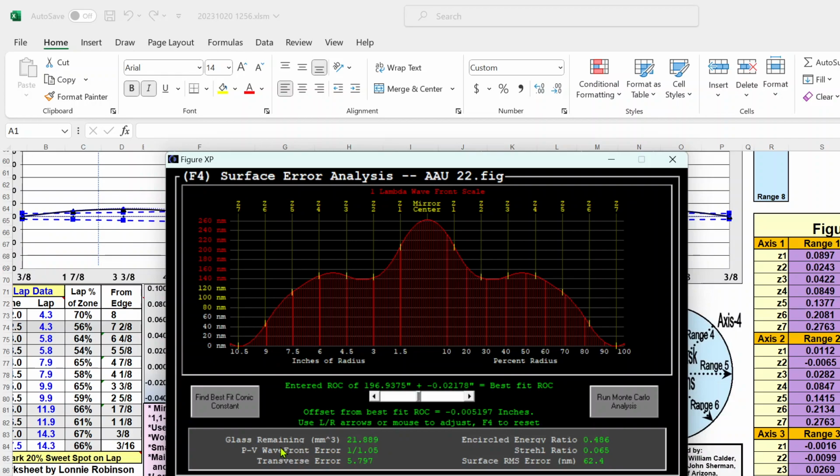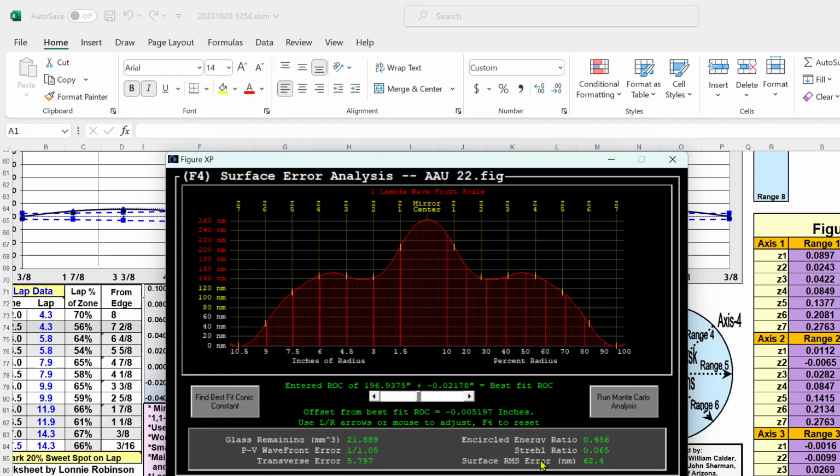So the things I'll look at on this would be the peak to valley error, the glass remaining, and the Strehl ratio. You can look at RMS. A lot of guys look at RMS. So my rule for finishing a mirror is the peak to valley error needs to be smaller than a 10th wave. But using the arithmetic we're doing, they'll end up way better than that, like 18th wave, 22nd wave, something like that. The Strehl ratio needs to be 0.94 or higher. Well, we'll get them around 98, 99, 995. And the RMS needs to be,